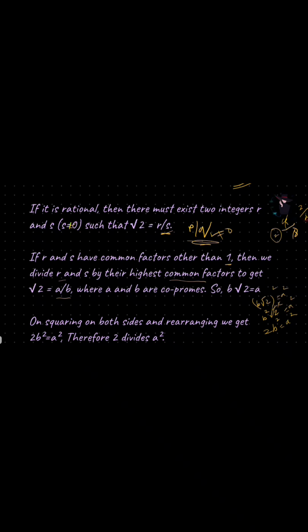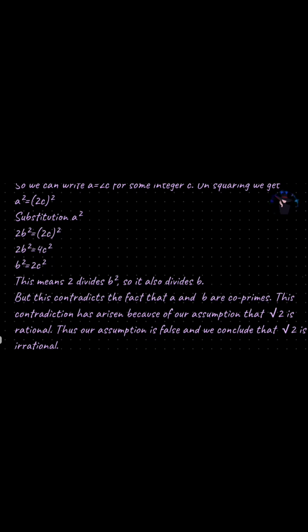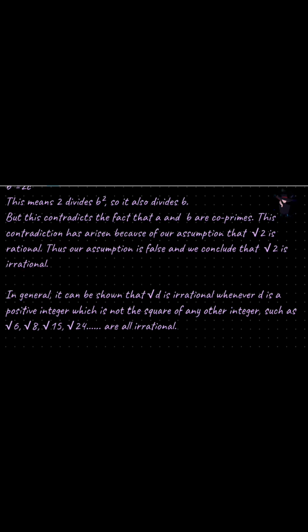these should be co-prime, but we only got 2. As we only got 2, which is not co-prime, it is a prime number. So the contradiction has arisen. Why has this contradiction arisen? Because we assumed that root 2 is rational. That is why this contradiction has arrived. So it means our assumption was wrong and root 2 is irrational, which in general can be shown,